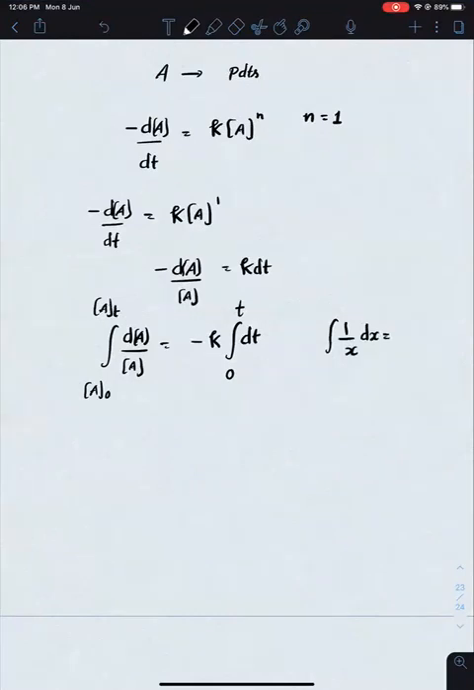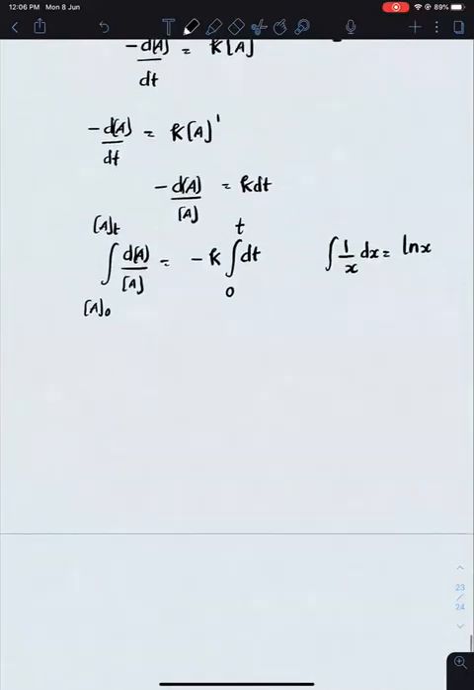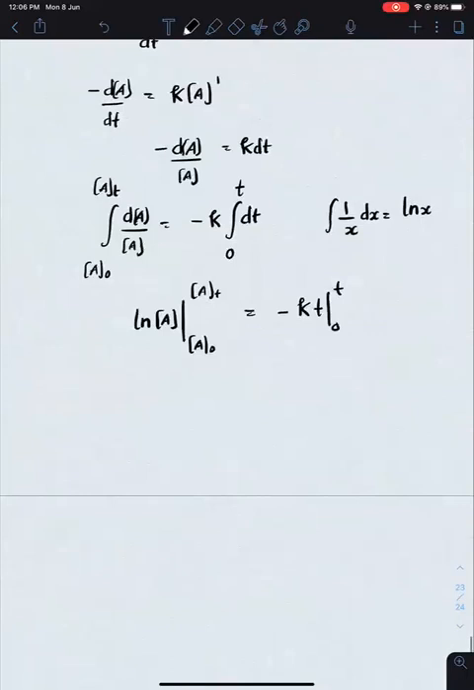ln x. Good. So integral 1 by a dA क्या होगा? It will be ln a, and the limits are from a naught to At. What is integral dt? Nothing but minus kt, and the limits are from 0 to t. So if you are substituting the limits, it will be ln at minus ln a naught is equals to minus